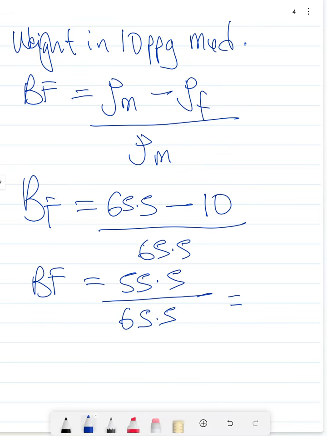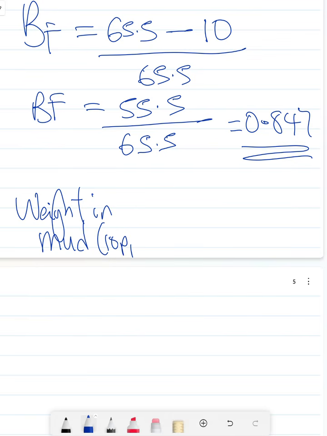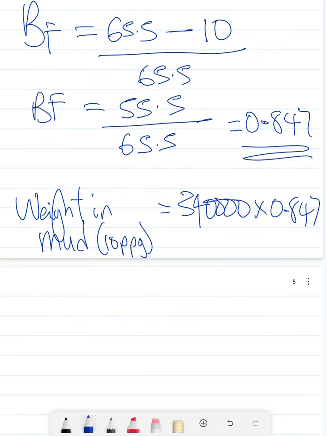If you check this quickly, 55.5 divided by 65.5 is going to give us 0.847, and this is the buoyancy factor. When you multiply that by the weight in air, your weight in mud, that's 10 pounds per gallon, is going to be 340,000 times 0.847. Quickly, that gives us 288,000